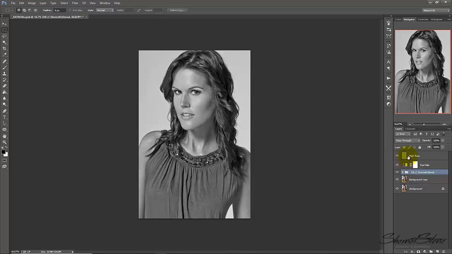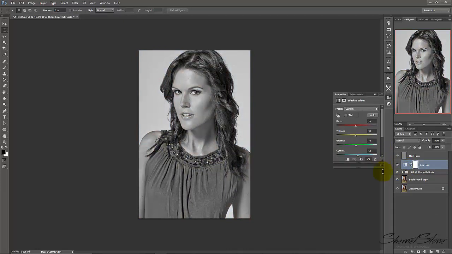As I mentioned before, you have the high pass, the eye help, and the dodge and burn folder with two layers inside, which are curves adjustment layers. They are the burn and the dodge layers. You could duplicate these as much as you like depending on the project you're working on. You could turn off eye help in case you need to take a look at the image and see how far you've come. One thing when working with frequency separation is that when you have the eye help on, you may have to adjust these fields depending on the image you're